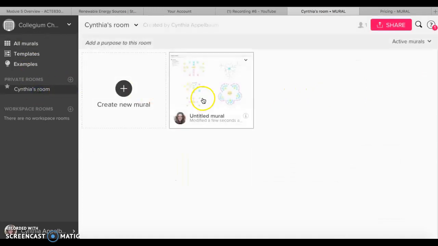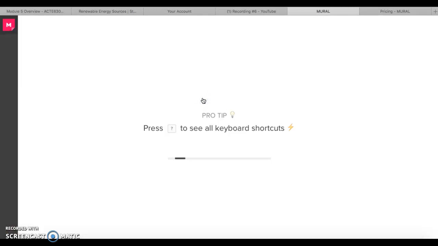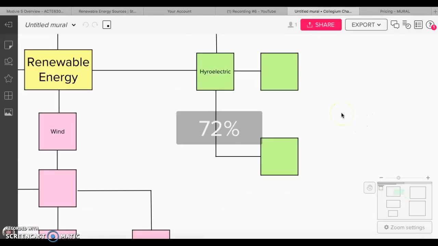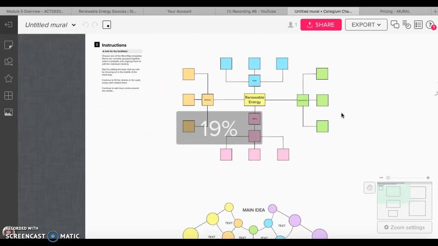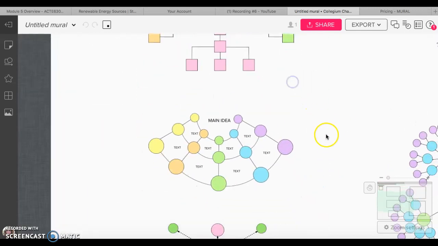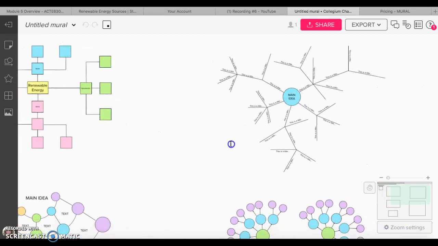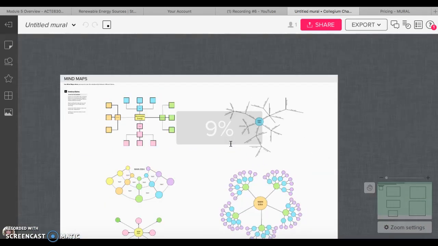there's a really great concept map mural here, and I already started to try and fill it out. And there's some zoom options, so you can zoom in and zoom out. There's different versions. This would be really great as I was setting up here for my renewable energy: biofuel, solar, hydroelectric, wind, maybe different ways you can harvest it, different locations where you can find it, things like that. And I also teach biology, and right off the bat,